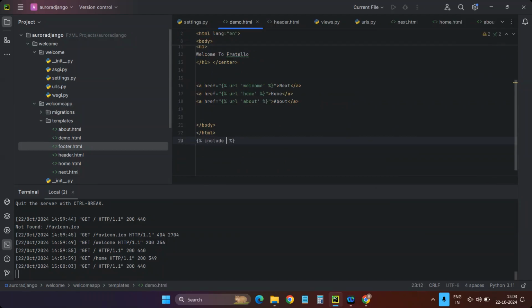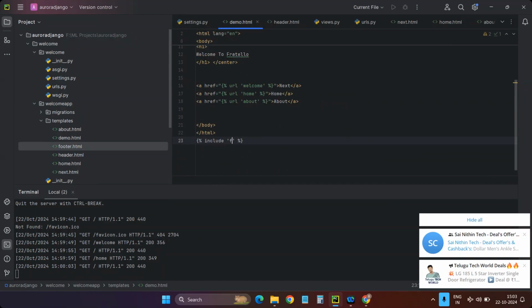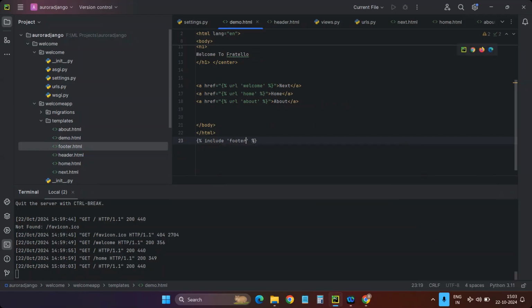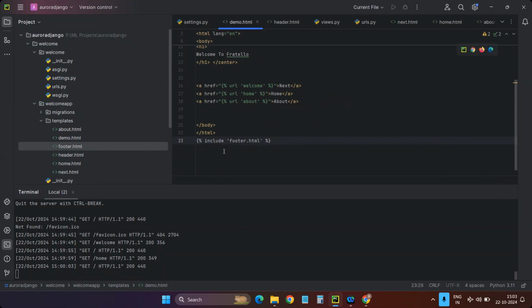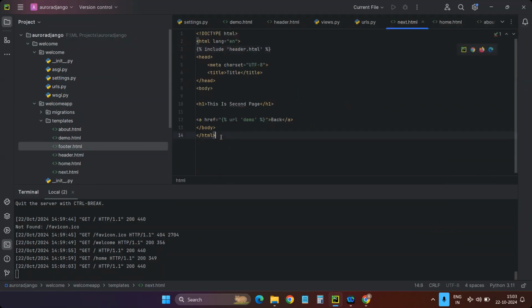Include dot html. Okay, include footer dot html. In the next page,